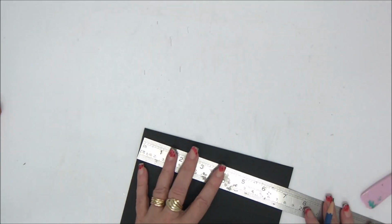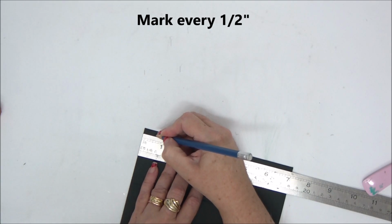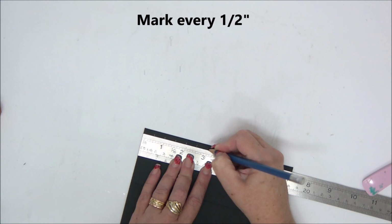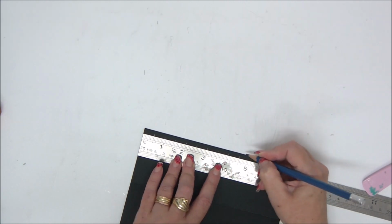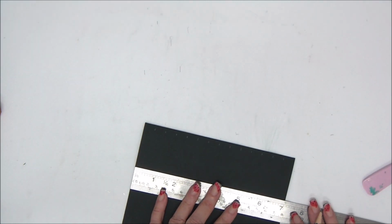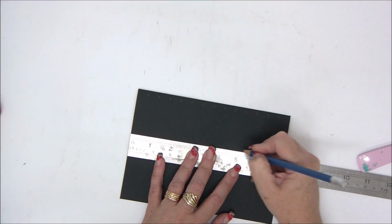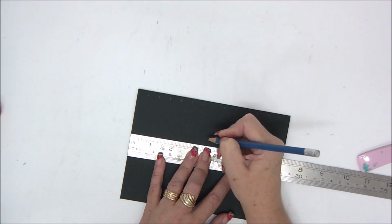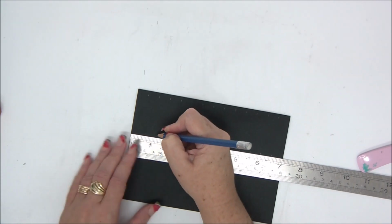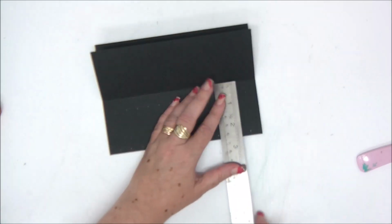Next we're going to measure and mark every 1/2 inch from the edge all the way to the end. So mark with your pencil every 1/2 inch, and then of course we want to make straight lines, so we need to mark it again because a straight line always goes through 2 points. So every 1/2 inch,